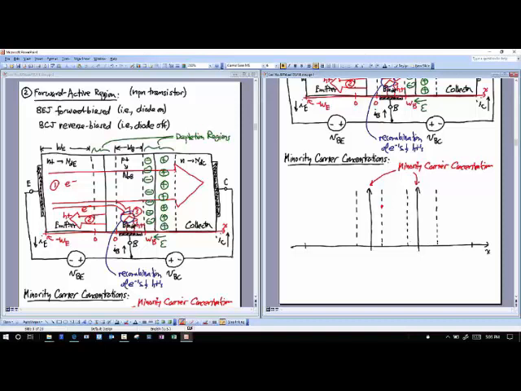But this is reverse biased. There's an exponential function of a negative voltage. That's all the way down here, which means that the concentration profile in the base looks like that. That's a huge slope. That huge slope is going to push electrons in that direction. That's drift current. We'll go through the math next time, but it pushes the electrons in that direction because of the difference in concentration.